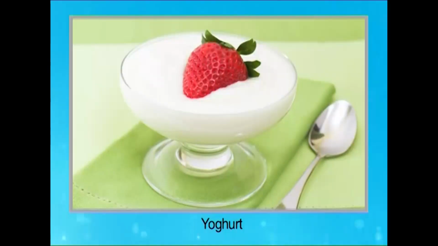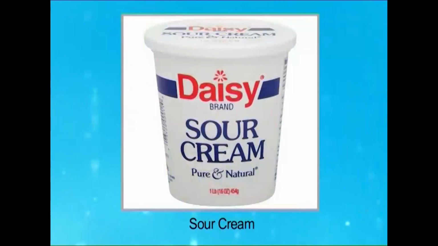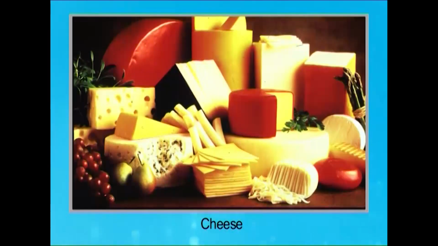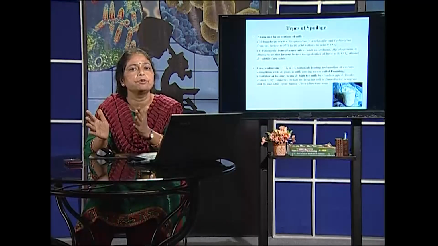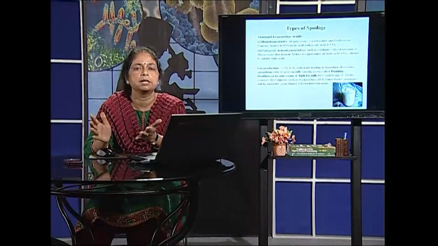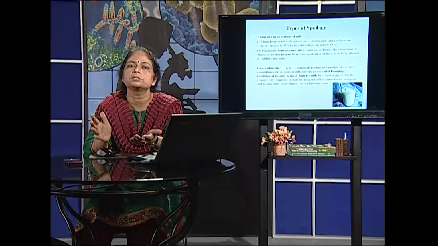Why do we call it abnormal? Because we normally go in for the fermentation of milk in controlled conditions. As a result, we have the production of different milk products: yogurt, different types of sour creams, and cheese. All those are processes which refer to controlled fermentation. But if you have uncontrolled fermentation, then it is called abnormal fermentation, which is nothing but the spoilage of